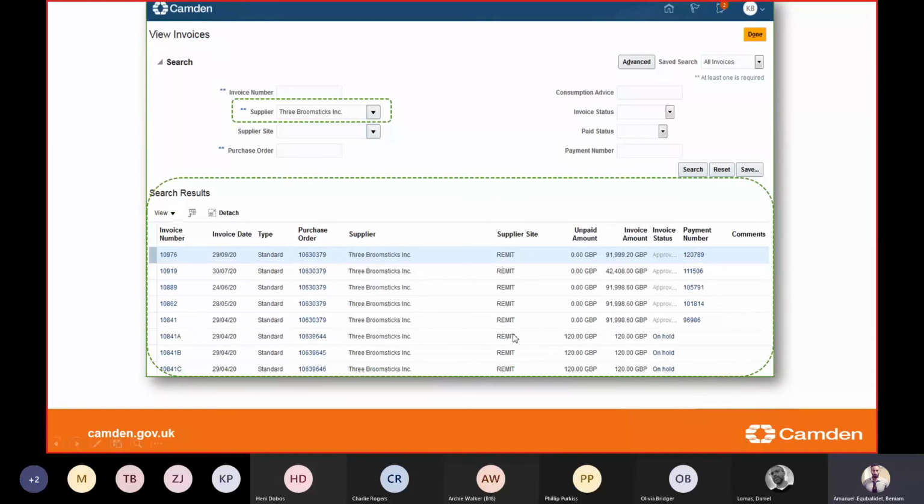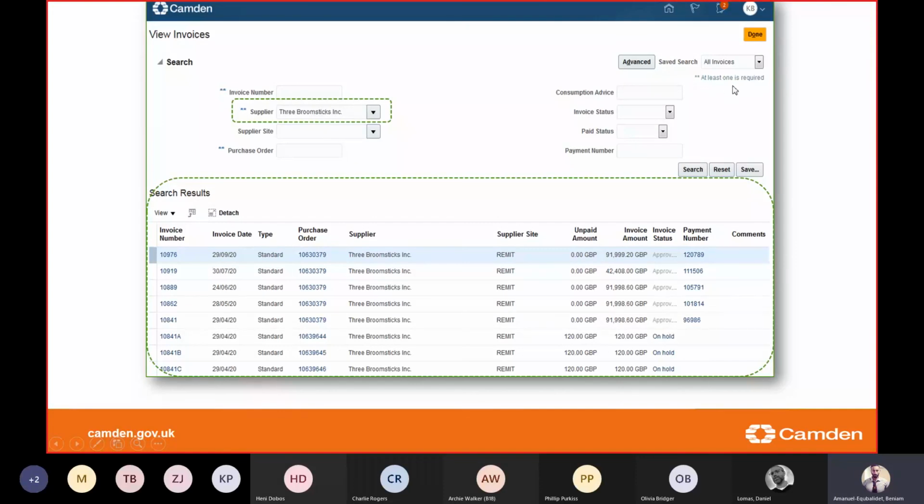The next slide is the view invoices slide. So as promised, you are able to see your invoices and where in the process they are with regards to payment. So again, you can see on the top, you have a list of search fields. Now, one thing I want to point out that wasn't on the PO one, but is on this one here, is that you can see there are two asterisks near some of the fields,